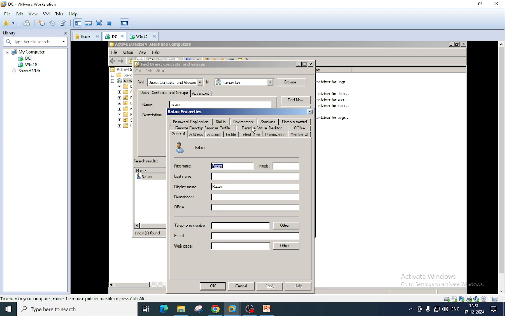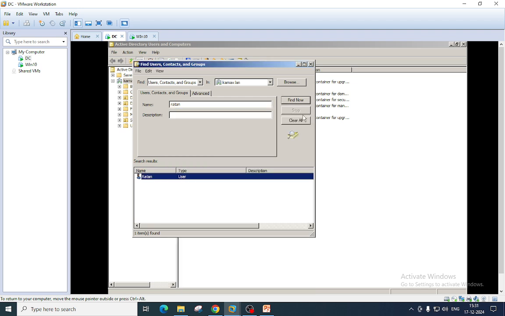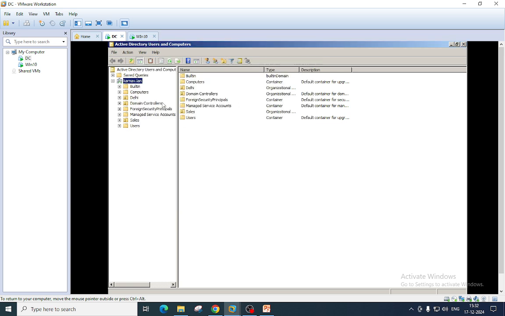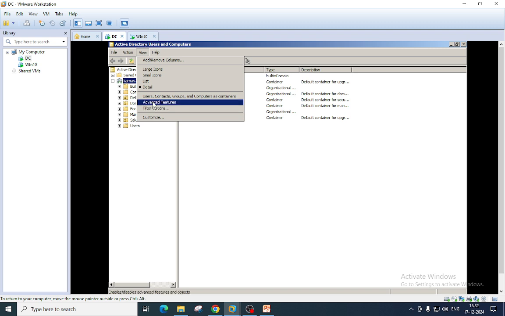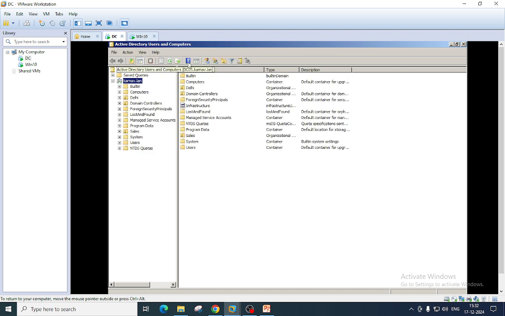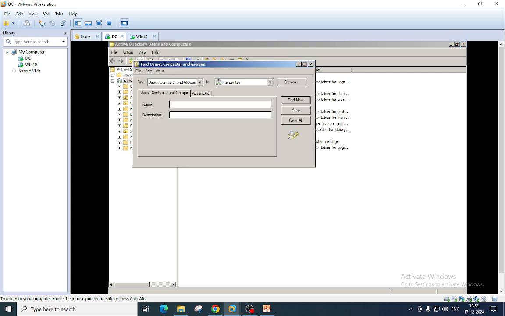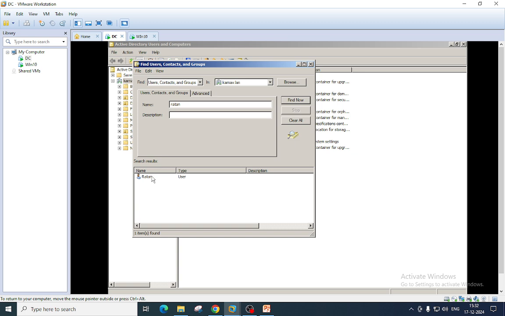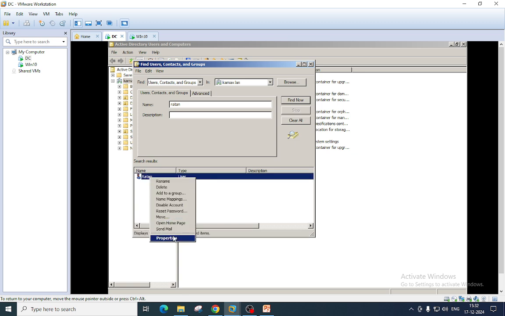So here you can see there are no attribute properties. So the best way is to find the attribute editor. You just select this, select Advanced Features, and find the user in the Active Directory where it is. For seeing that, what you can do,